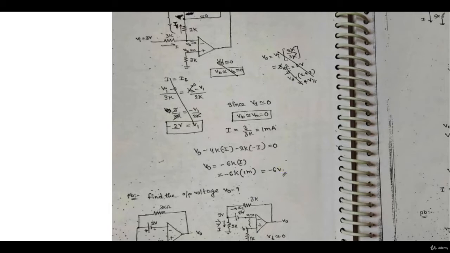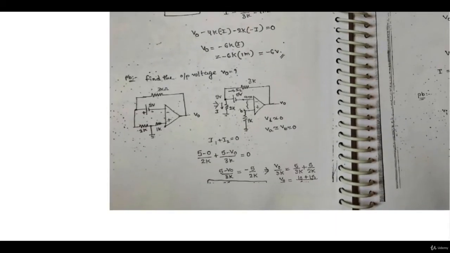Let's go to the next question. V0, you have to calculate here again. The question is given: 5 volt, negative, positive, 2 kilo ohm, 1 kilo ohm, ground, 3 kilo ohm, and V0 is the output. So first separate these two parts, with 2 kilo ohm to ground and with 1 kilo ohm to ground, you can write. So that is how it will look. Here you can see 2 kilo ohm is connected to ground, 1 kilo ohm is connected to ground, 5 volt, 3 kilo ohm.